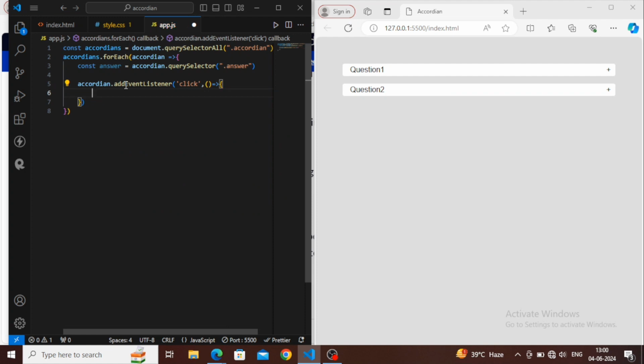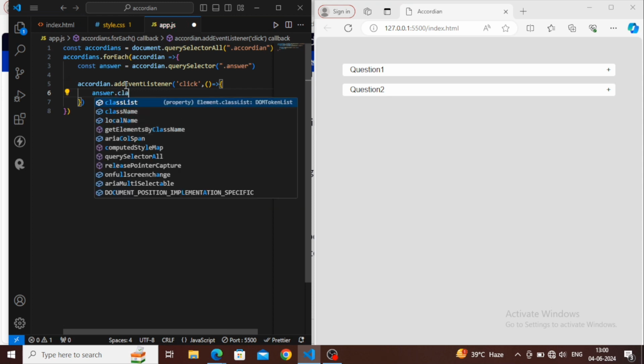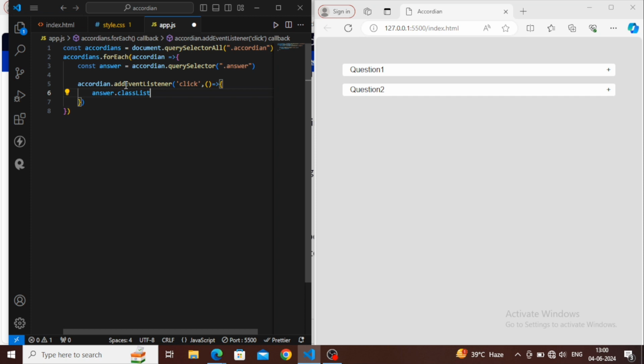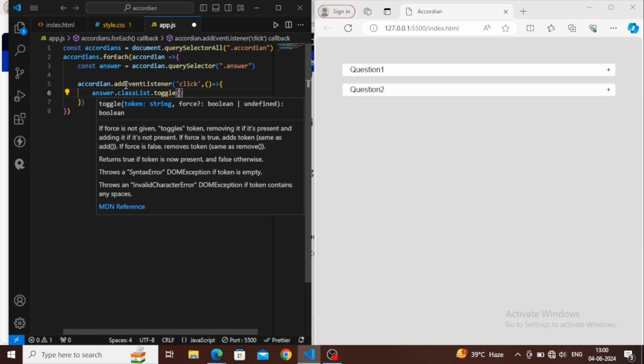We will toggle this. How will we toggle? We will use answer dot classList, and classList has a method called toggle, and we need to toggle with active.